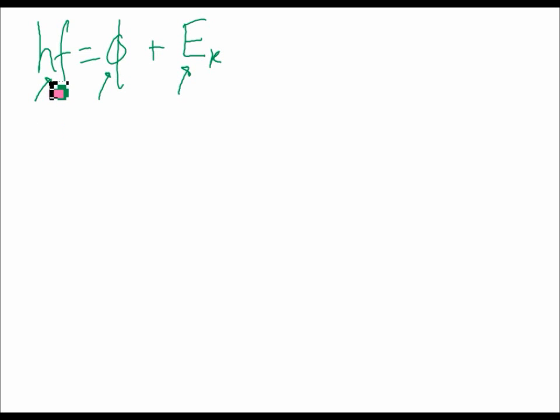Okay, so if we look at the photoelectric effect equation, hf is equal to the work function plus EK. Just remembering that this is the maximum kinetic energy of the electrons emitted, this is the work function of the metal, and it's specific to individual metals, and this is the energy of the incoming photons. What I'm going to do, I'm going to rearrange it to say that EK is equal to hf minus the work function. Why? Well, as we always do in science and physics,